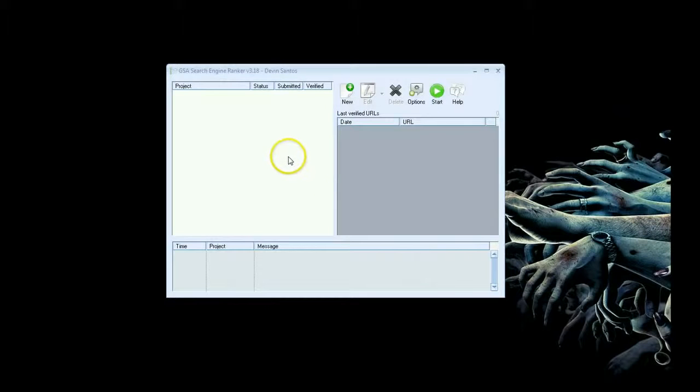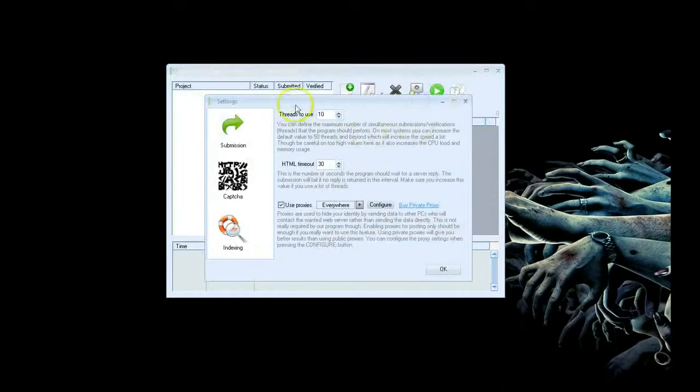Hey guys, this is going to be another video tutorial on GSA Search Engine Ranker. In the previous tutorial I covered some of the project settings over here and also how to get started setting up the global options menu. Also in the previous tutorial I talked about